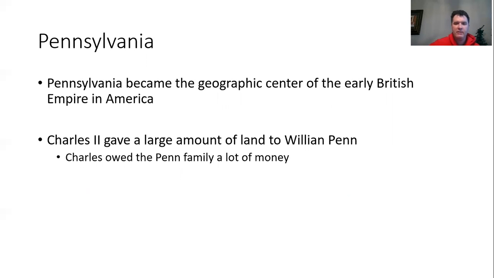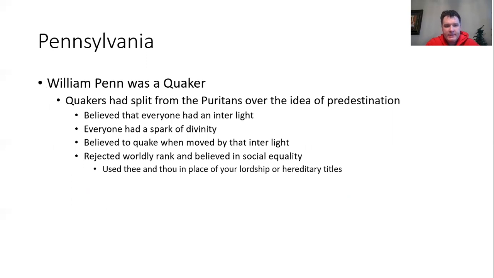Pennsylvania becomes the center of early British Empire in America. And Charles II owed a little bit of money to William Penn and his family. And so he gives William Penn a huge amount of land. And Penn is a member of a religious minority in England at this time. He's a Quaker, and the Quakers had split from the Puritans over this idea of predestination. And the Quakers believe that everybody has light in them, everybody has salvation. And when those lights are stirred, you begin to shake and quake and maybe speak in tongues. And they reject worldly rank, and they believe in social equality,